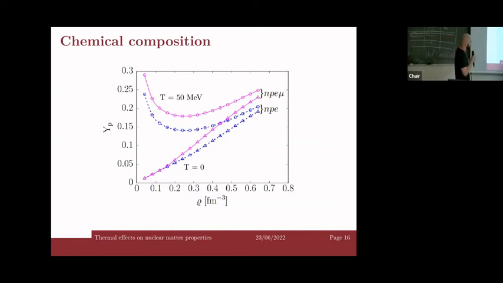I think the most prominent characteristic that you can see from the figure is that in the zero temperature scenario, either for matter with only electrons or with electrons and muons, it's a monotone curve. While at finite temperature, the proton fraction has a point of minimum and then increases again. This is due to an interplay when we compute the beta stability conditions, the equality of the chemical potentials. There is an interplay in the leading terms for the proton terms, the neutron terms, and the electron and muon terms, and so this point of minimum arises. I think that's the most important characteristic.